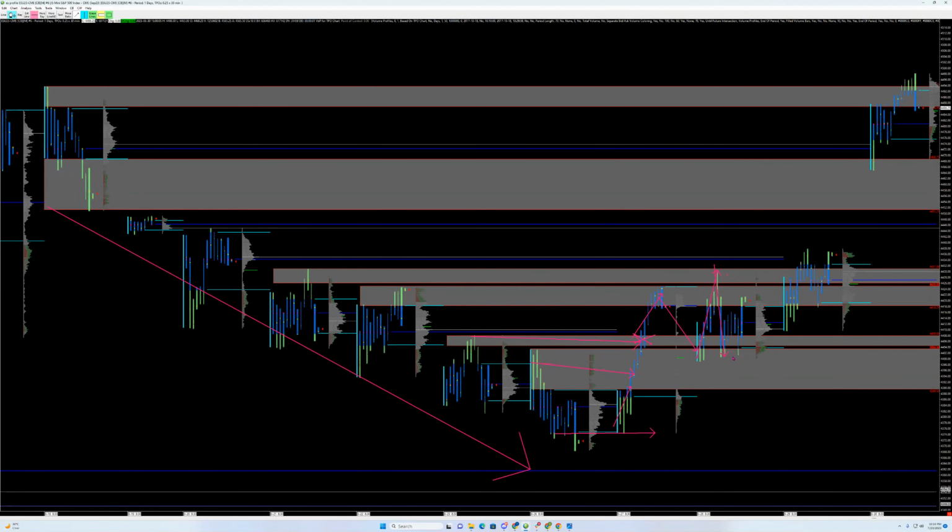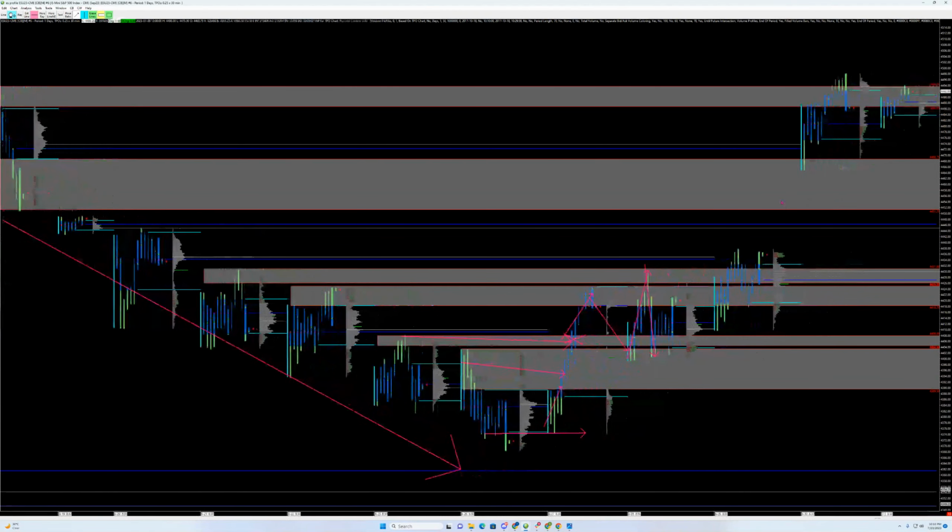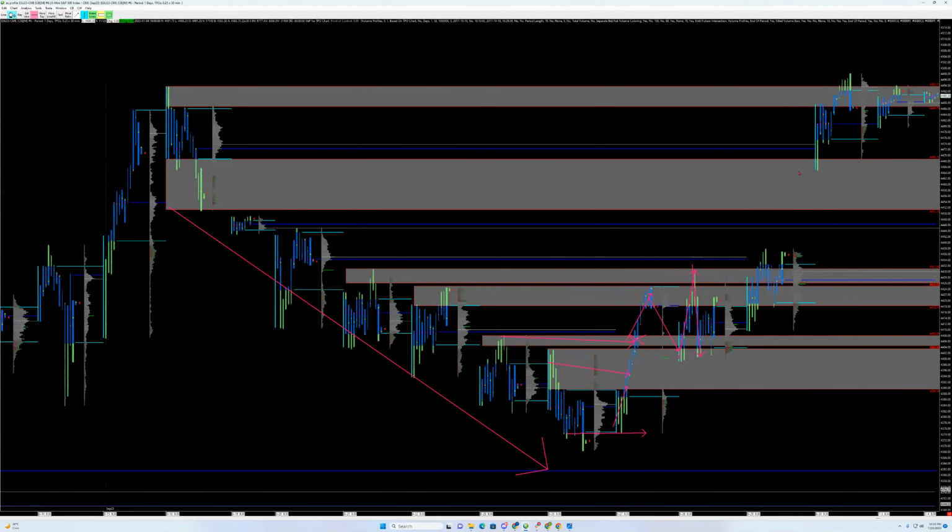And you can see that that continues until finally a piece of data, a piece of market information, comes out. We gapped up from the prior day, found responsive buyers, and look, see how this is all fair pricing? And we drive all the way through. But the two things that are most important here is we're driving up, even if I was shorting, right? Which again, I do not favor shorting because of the market's ability to do this to the upside, but I'm not going to short in here, right?